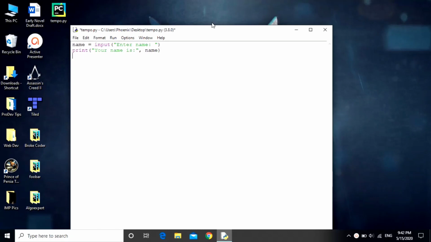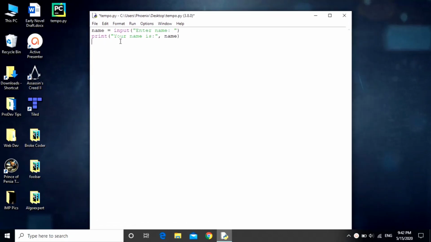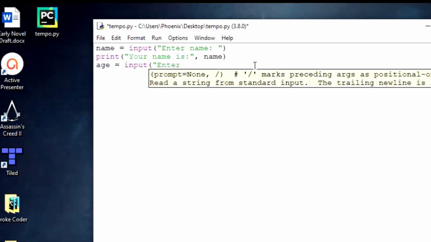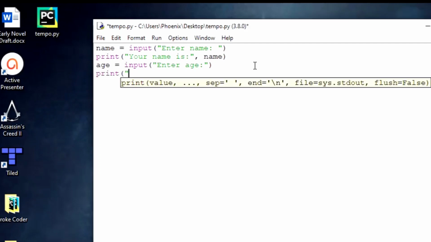So we'll be picking up where we left off the last time, and this is a file that we created previously, and it just has an input that asks our name and it just prints out our name. So let's try to do something else with it. What we can now also do is, let's say we want to take the age as the input as well. So let me just take the age as an input. I'll say enter age, and then what I can say is print